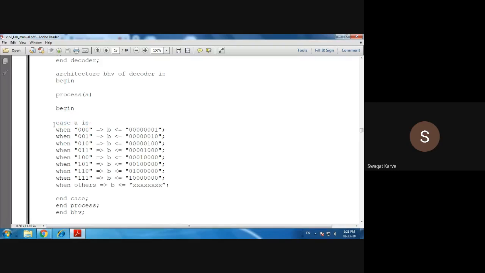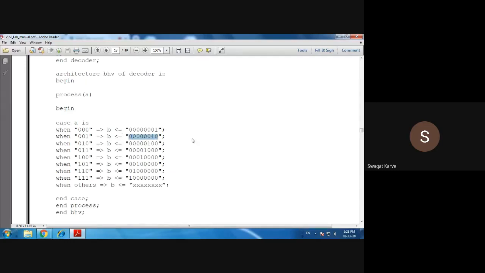Now case A is when 0 0 0, म्हणजे when A is 0 0 0, output is B. B काय मिळेल तुम्हाला? 0 0 0 0 0 0 1. That means D0 will get selected. Now when 0 0 1, A is 0 0 1, म्हणजे जेव्हा 0 0 1 असेल तेव्हा तुम्हाला B काय मिळणार? ही व्हॅल्यू.